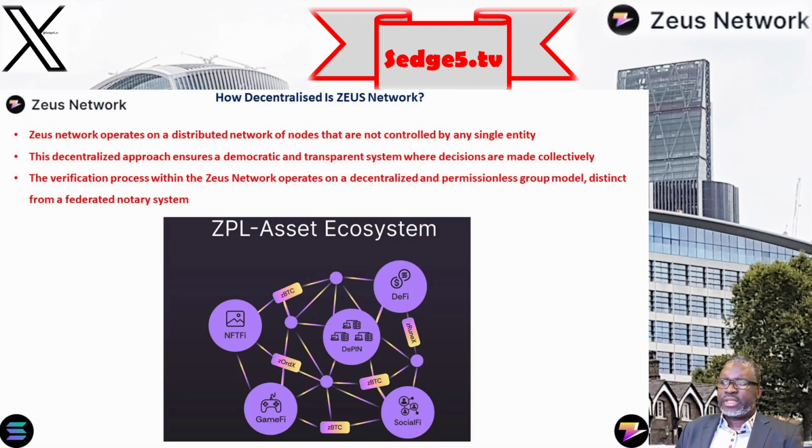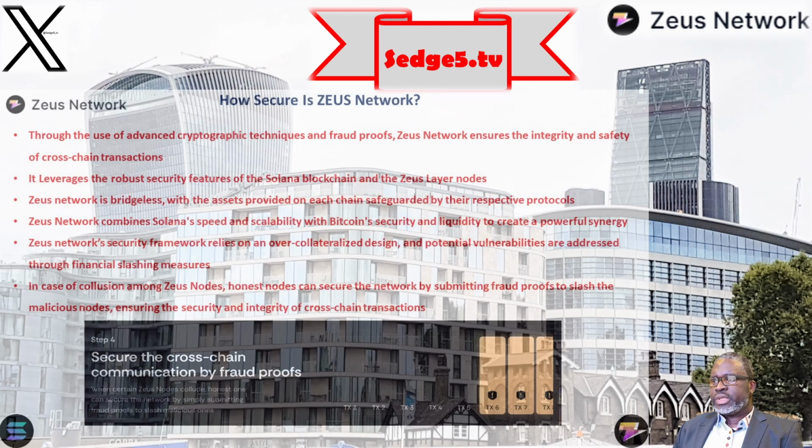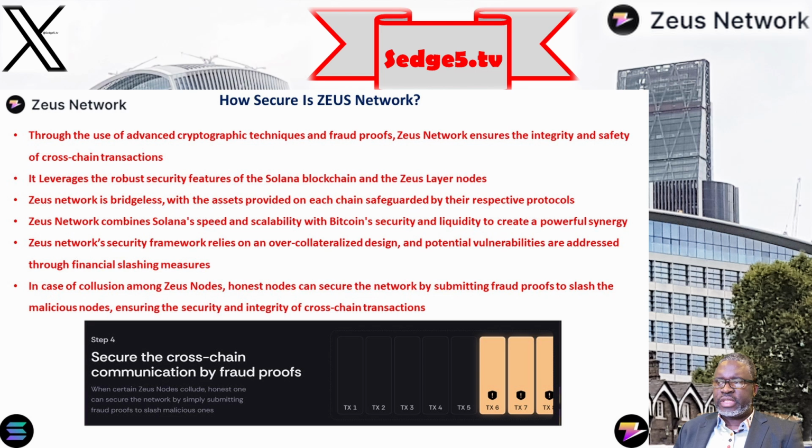Zeus Network operates on a distributed network of nodes that are not controlled by any single entity. This decentralized approach ensures a democratic and transparent system where decisions are made collectively by the community. The verification process within the Zeus Network operates on a decentralized and permissionless group model, distinct from a federated notary system. When it comes to security, through the use of advanced cryptographic techniques and fraud proofs, Zeus Network ensures the